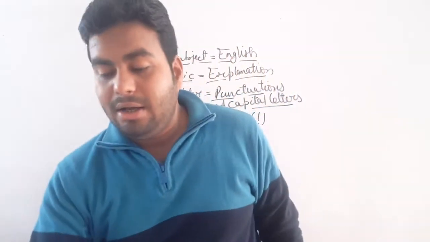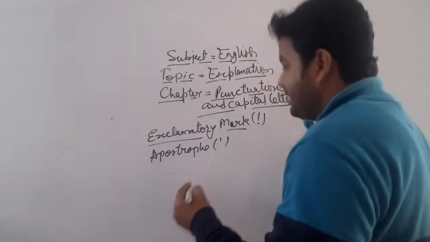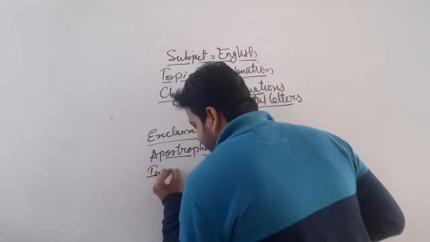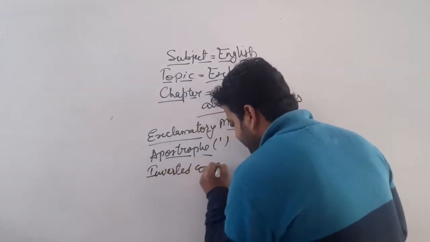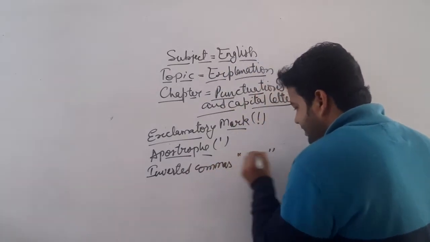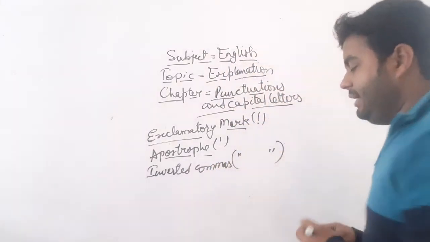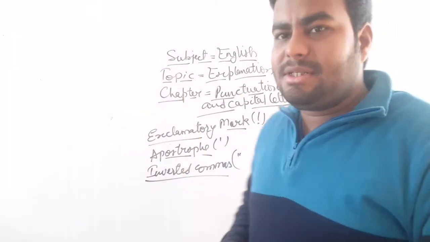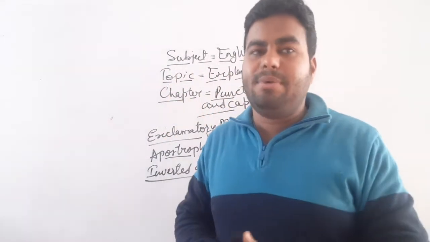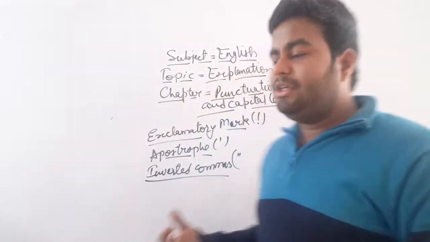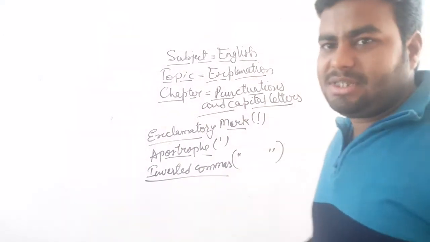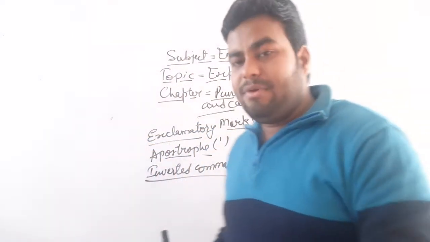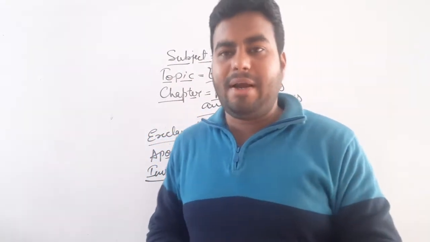After that we have inverted commas. Okay, what are inverted commas? These are inverted commas, starting and ending. So we use inverted commas when we are expressing something said by a person, the words exactly said by that person or the statement of that person. So we use inverted commas to express that particular thing. Okay, so these are all the punctuations we basically use whenever we are writing something.